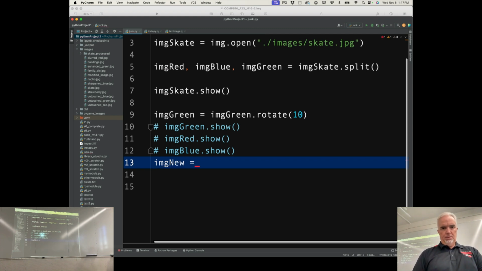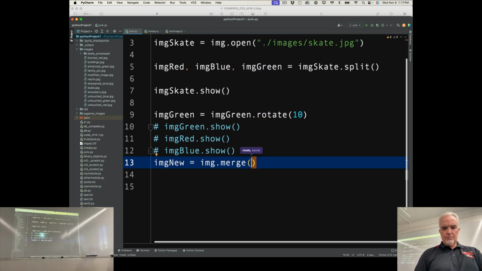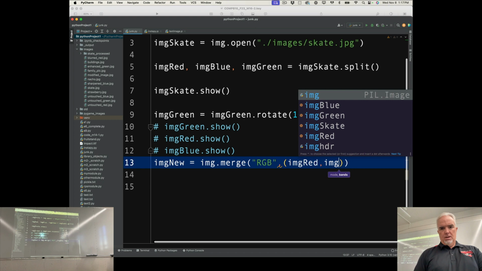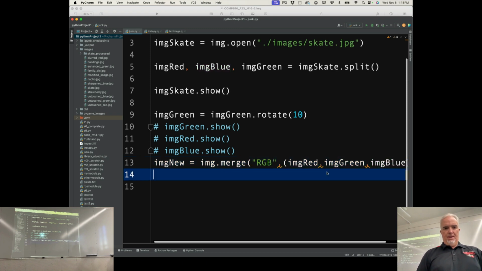image_new equals Image.merge. And we're going to give the first argument, which is a string containing the type of image we're doing. Second argument is a tuple. image_red, image_green, image_blue. Okay, and then let's show that, image_new.show(). Okay, so if we show that image,